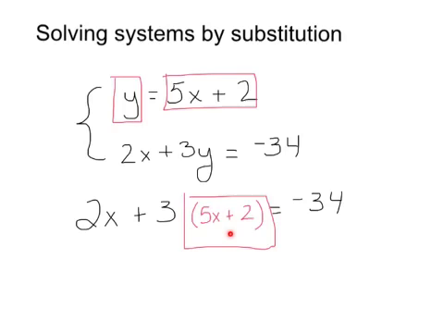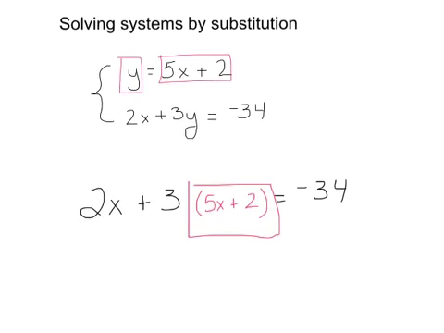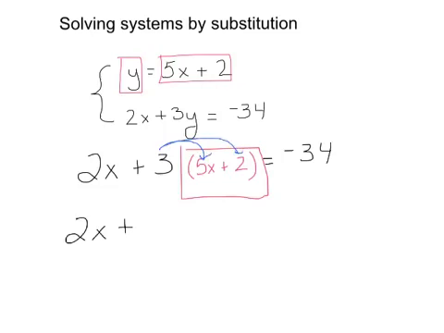Substitute that in. And then at this point, I'm able to solve this equation like I've solved the equations in the past. So I have the 2x plus, in this case, I would have to distribute the 3. So 3 times 5 is 15x. 3 times 2 is 6. So it becomes 15x plus 6 is going to equal negative 34. From there, I'm going to add these. I get 17x,